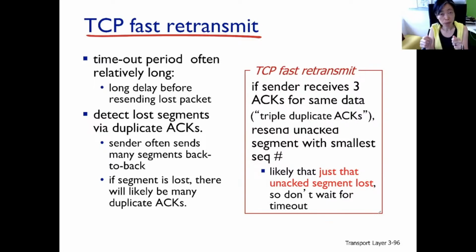When we were describing what happens when a TCP sender experiences a timeout event, it drops the window size down to 1 and sets the timeout interval to twice the current value. Because the TCP sender considers a timeout event as the network being congested. Now this is very reasonable when there is congestion.